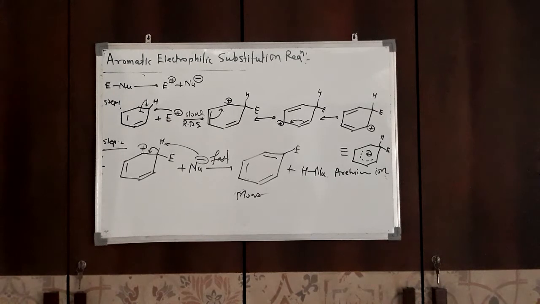So dear students, first try to write this reaction from your textbook and try to understand the mechanism of this reaction. Now in the next video we will again discuss the same part with specific examples like halogenation, nitration, sulfonation, alkylation, acylation. These are the common examples of aromatic electrophilic substitution reactions. We will discuss these reactions by taking benzene. So in the next class we will discuss examples of aromatic electrophilic substitution reactions.